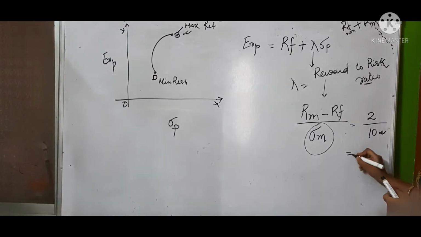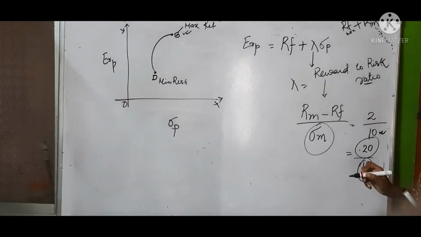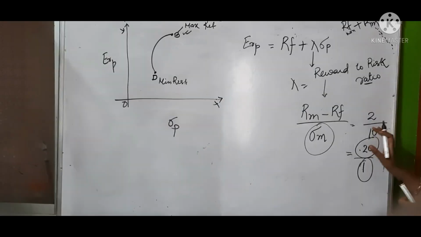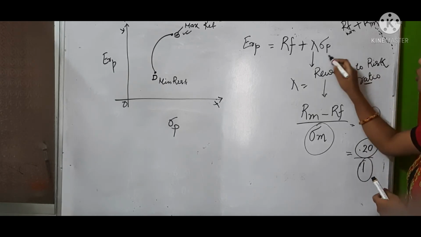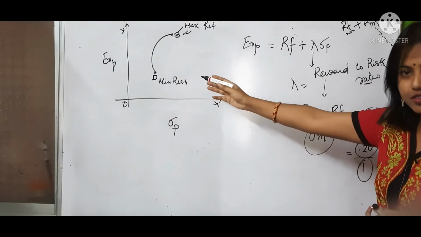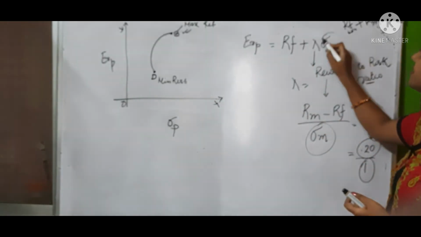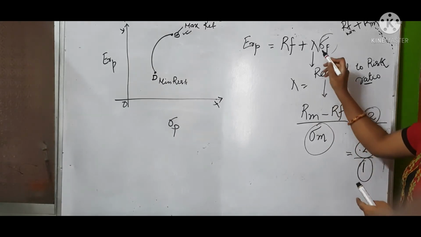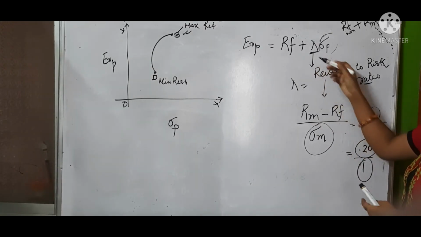That means your return is 0.20. So for one unit of risk, 0.20 is your premium. For 10 risk you get a premium of 2 rupees. So multiply by how much risk that portfolio carries. That portfolio carries some risk, you multiply with the premium factor, this one. And what is this factor?